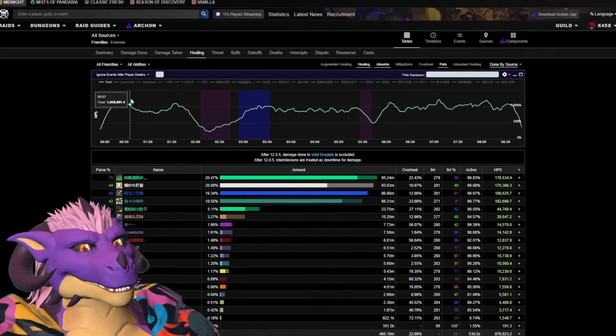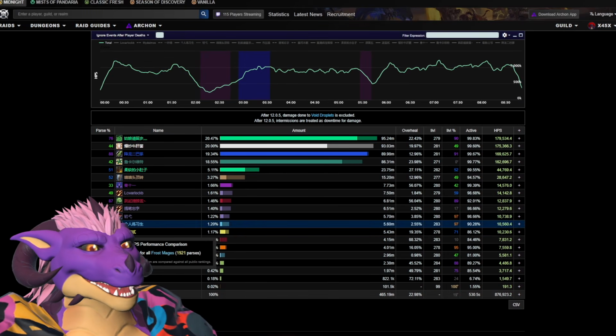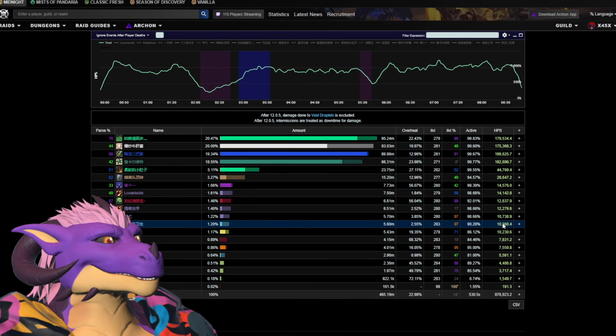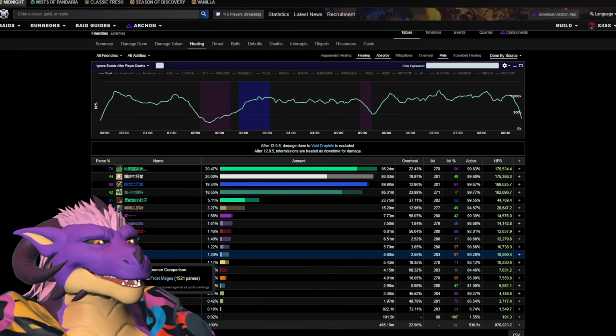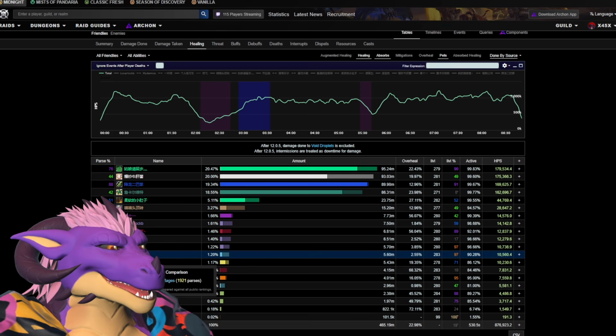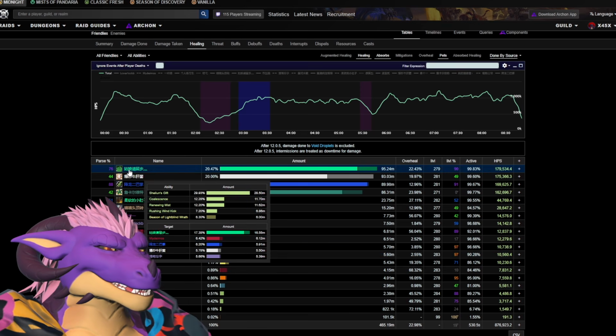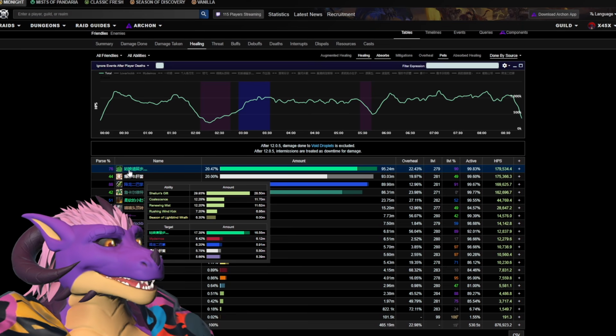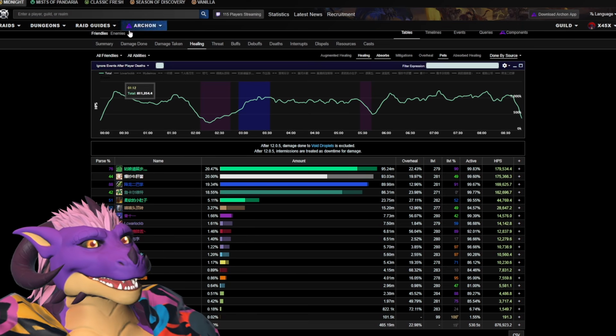So if we go to healing, you're going to see some really funny numbers. Like this is a 97 healing parse for a frost mage. It's 10k HPS, right? That's very funny, but obviously frost mages doing a lot of healing means good defensive usage, whereas a Mistweaver getting a lot of healing means that they were doing really well in the fight and there was a lot to heal. So parses can get a little confusing.